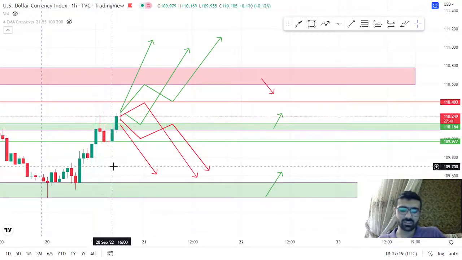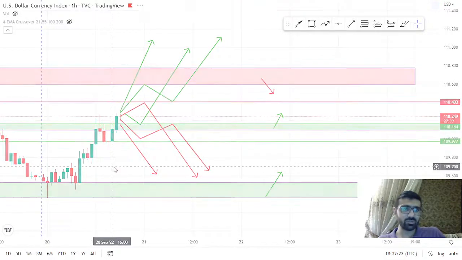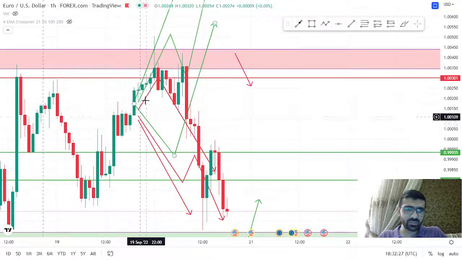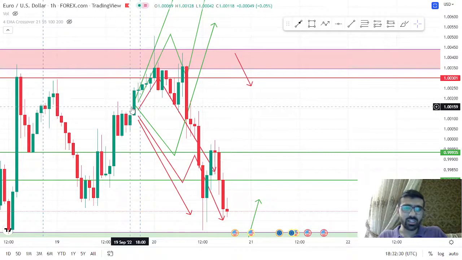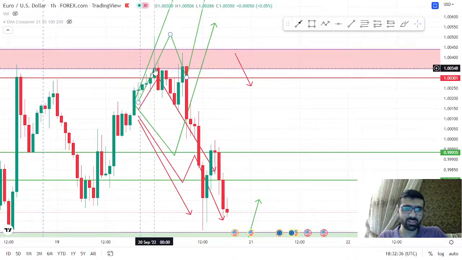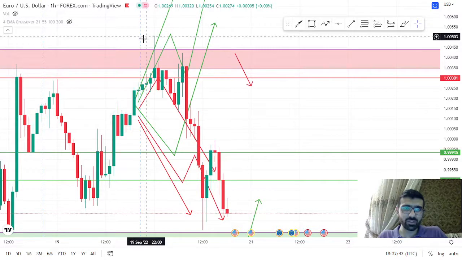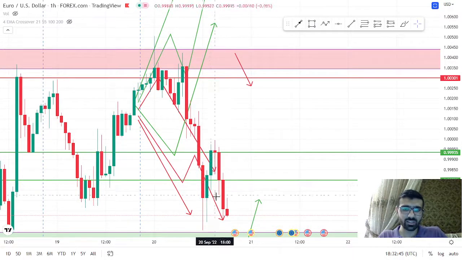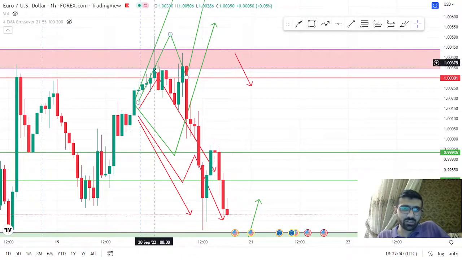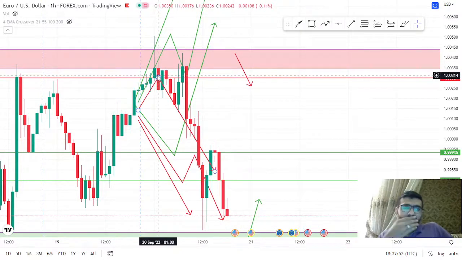Okay, so now let us discuss the next pair, which is the EUR/USD. In the EUR/USD analysis, you can clearly see that when we were discussing this pair, the market was trending over here, and we gave you this initial area of resistance, which was clearly broken by this candle. When this was broken, the market went above our major area of resistance, and then it finally came down. So what happened over here is that the market closed above this area, and if we were a risky buyer, our stop loss would have been hit,